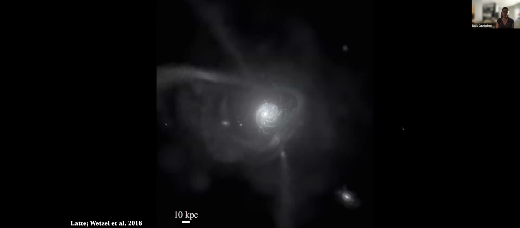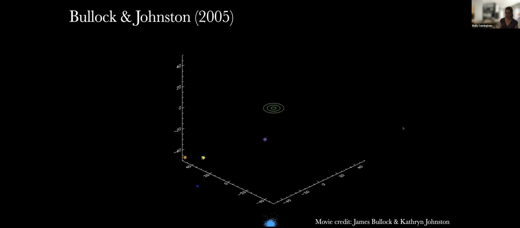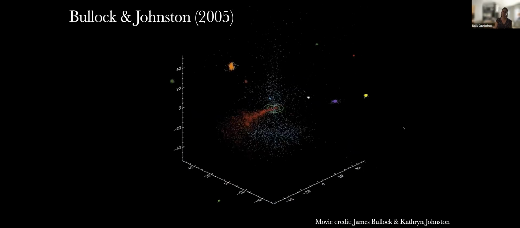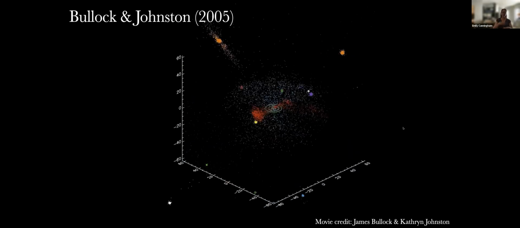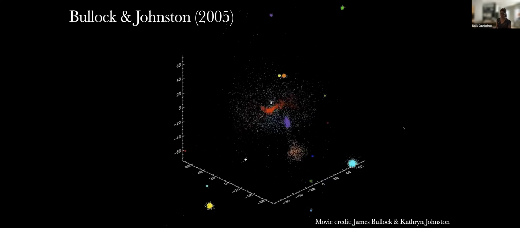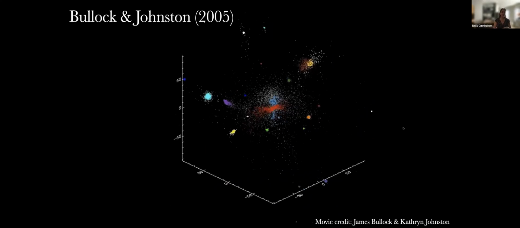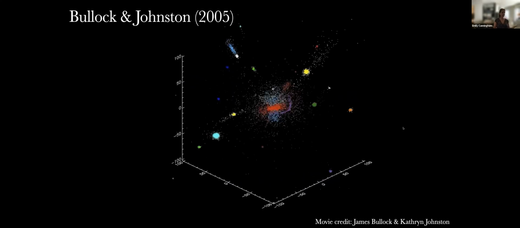So how do we think the Milky Way got its stellar halo? The answer is primarily through the accretion of satellite galaxies, of dwarf galaxies. We believe the Milky Way assembled its dark matter halo over cosmic time by accreting smaller dark matter halos, some of which contain dwarf galaxies. And it's the remnants of these dwarf galaxies that make up the component of the galaxy known as the stellar